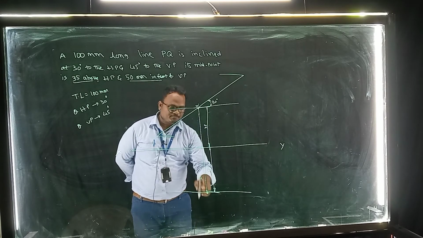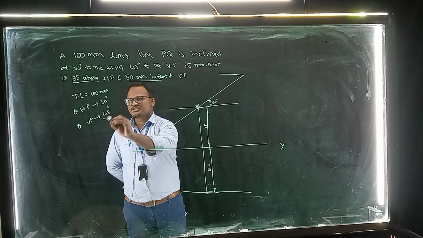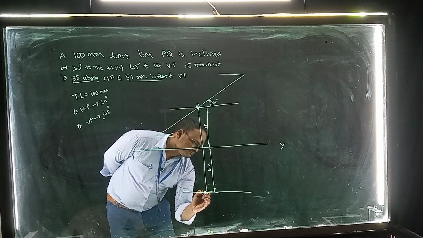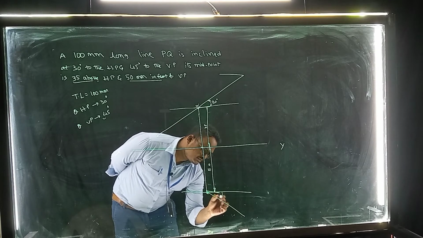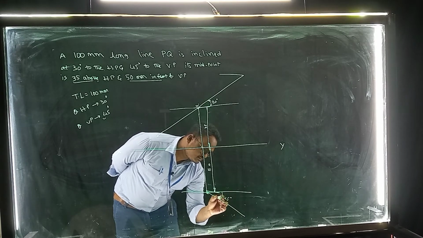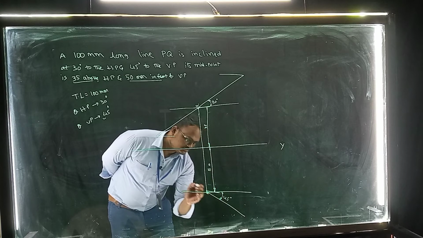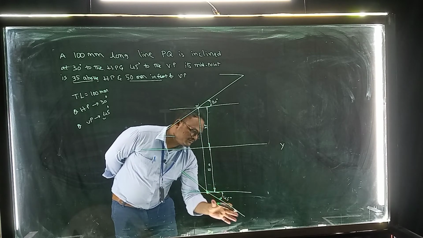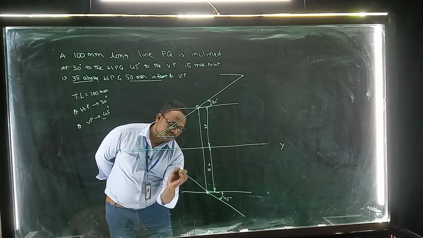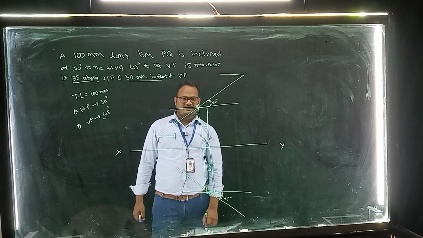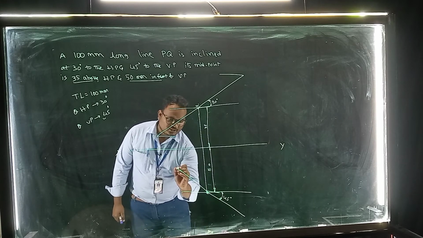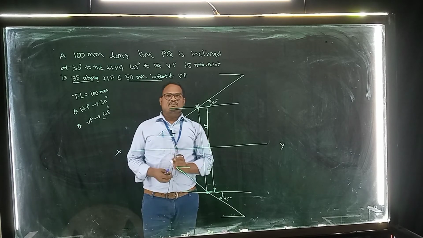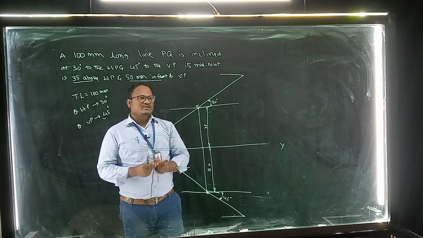The same procedure below also, that means angle of inclination to VP he has given 45 degrees. Now with this point as a center, this is the 45 degrees angle of inclination. Here 50 mm, here 50 mm. Like this way you have to take. Here also take a locus line like this. So this is the initial step.